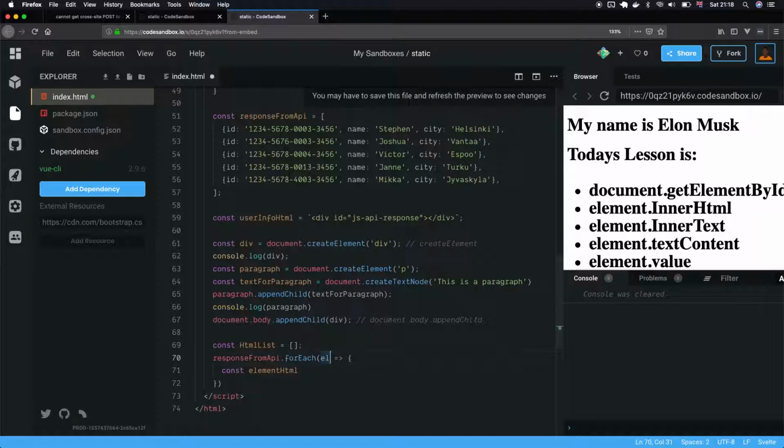Let's change this to item, and let's change this to item also, because we are iterating over a list of items from the API. Item HTML equals,